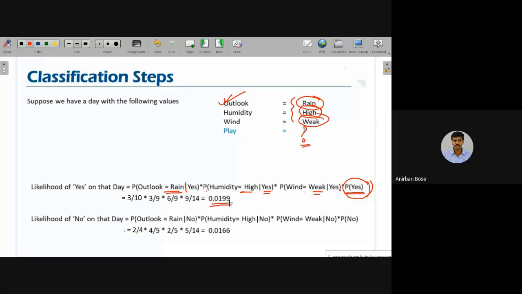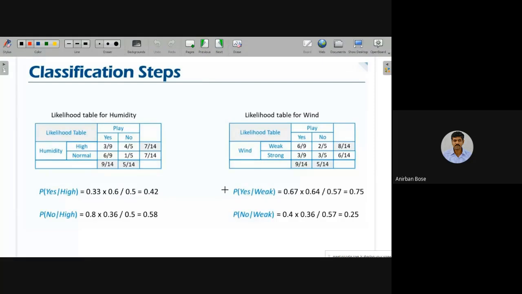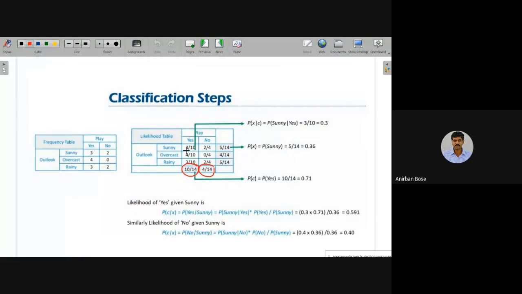Exactly similar to what we have done in the earlier situation. In the earlier situation, instead of rain, high, weak, it was deer and friend, the two things were there. In exactly the same way, you have to find the probability of yes if humidity is high. Those things you can directly calculate here. The probability corresponding to rain and yes is 3 by 10. Total there are 10 yes, out of them 3 yes are for rain, so 3 by 10.